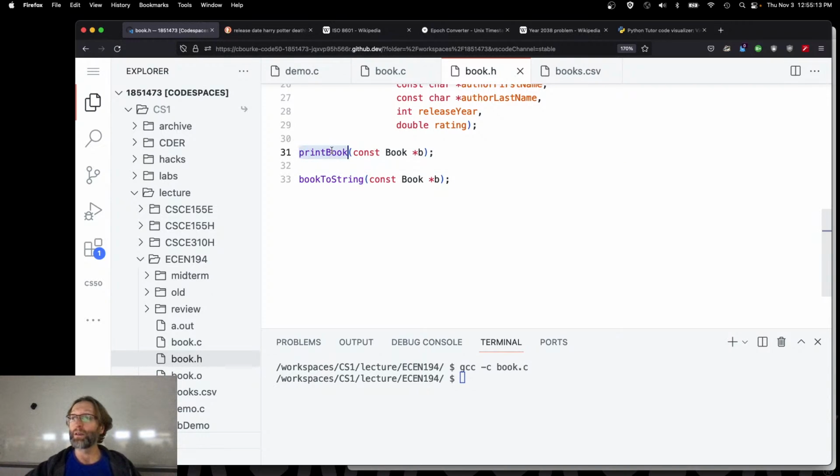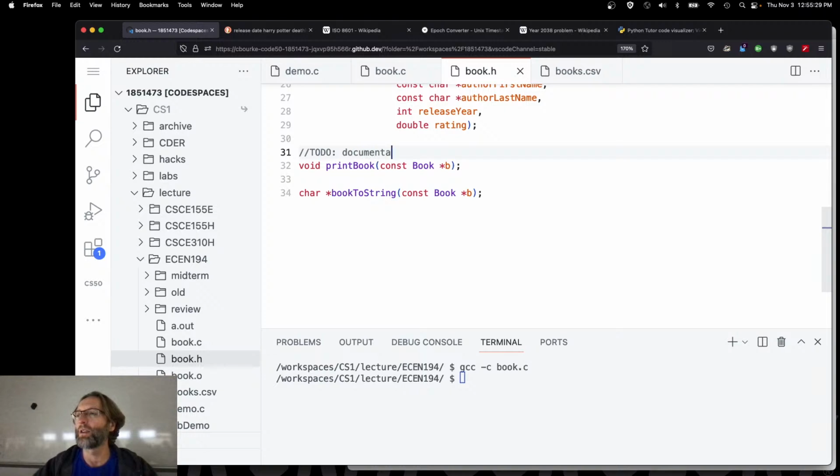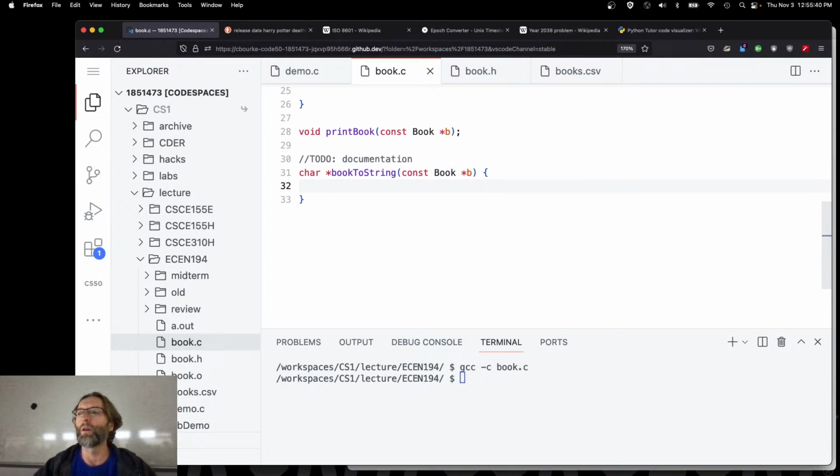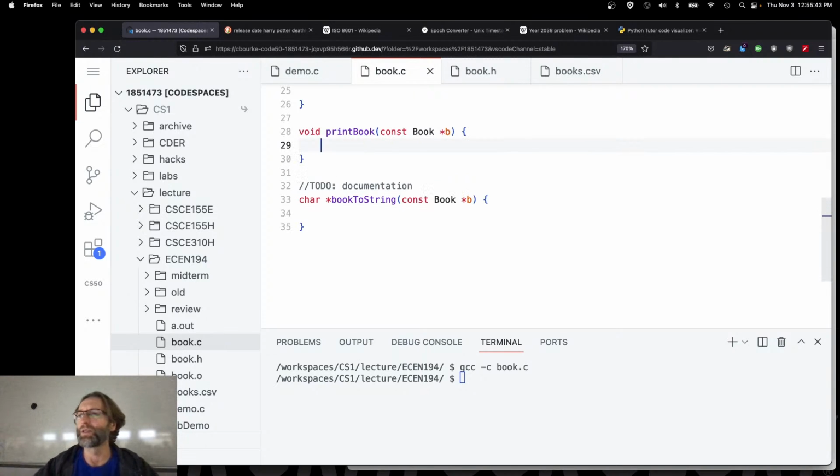Let's do both, because this one is probably going to want to call this one. Right? So void and book to string. Well, if you're going to convert this over to a string representation, what's its return type going to be? Char star. Right? There we go. So to do documentation. Okay. Let's do both of them with the remaining time here. We have plenty of time to do it. Right? Let's take the more general one first. Actually, no, let's take the easier one first. Assuming that we've already written book to string, what should I do? Char star s is equal to book to string of b